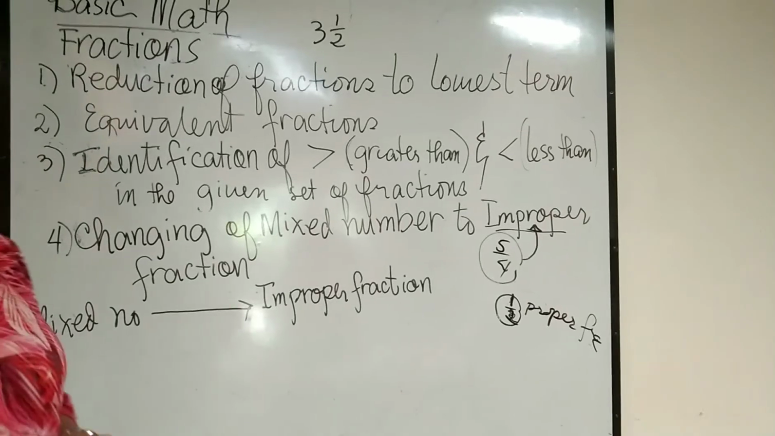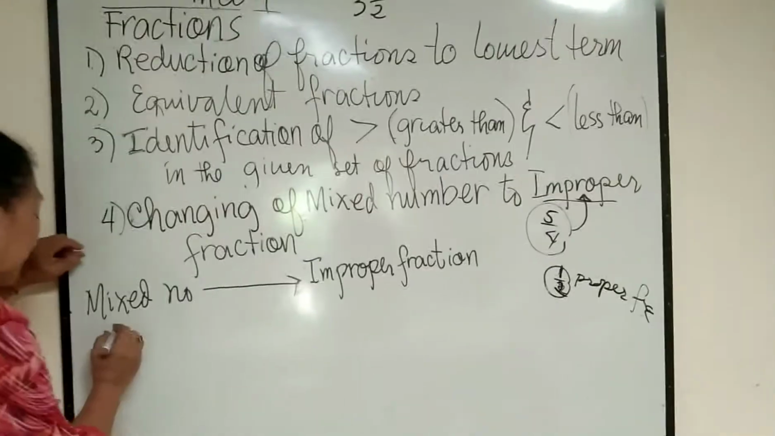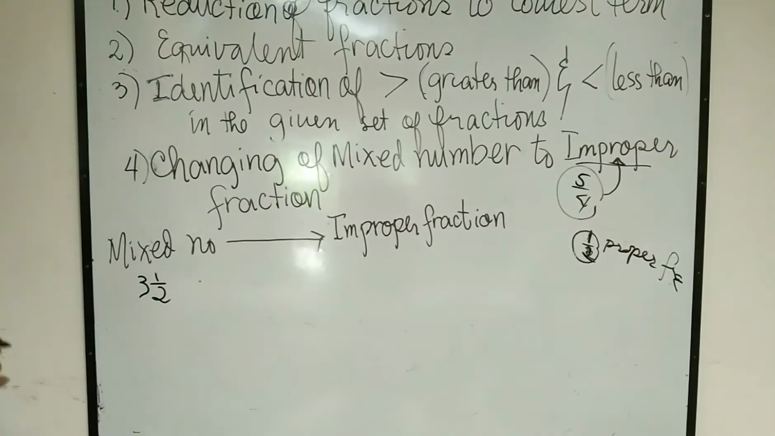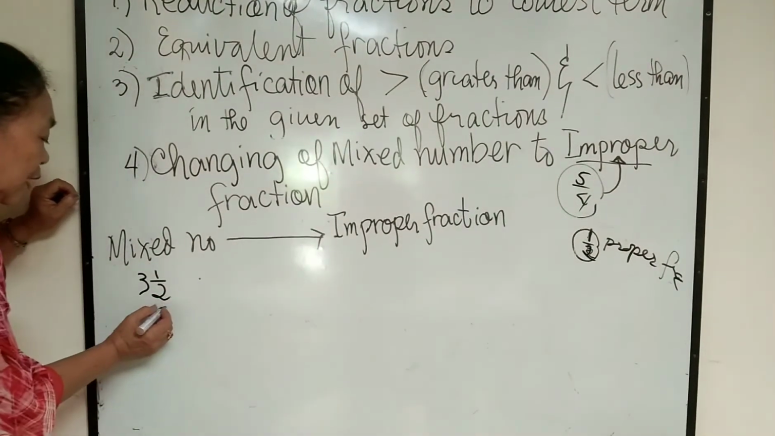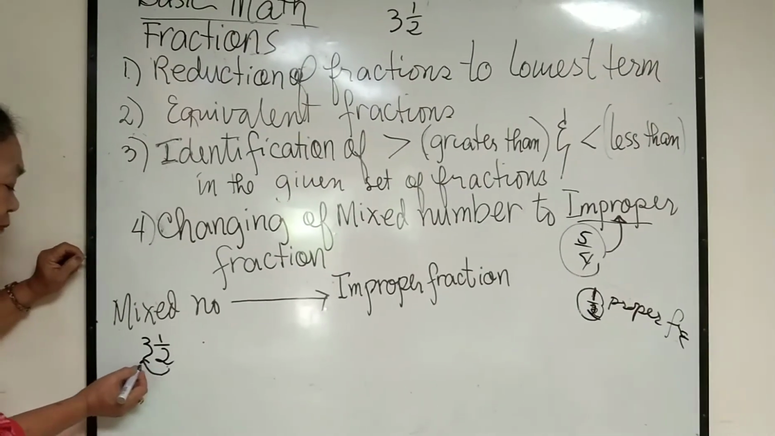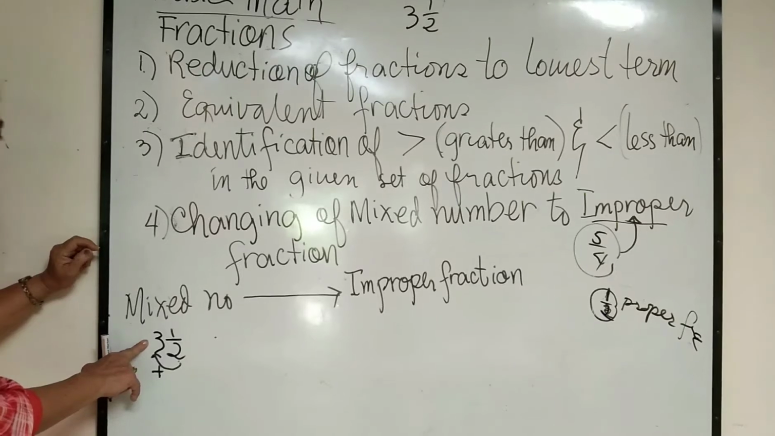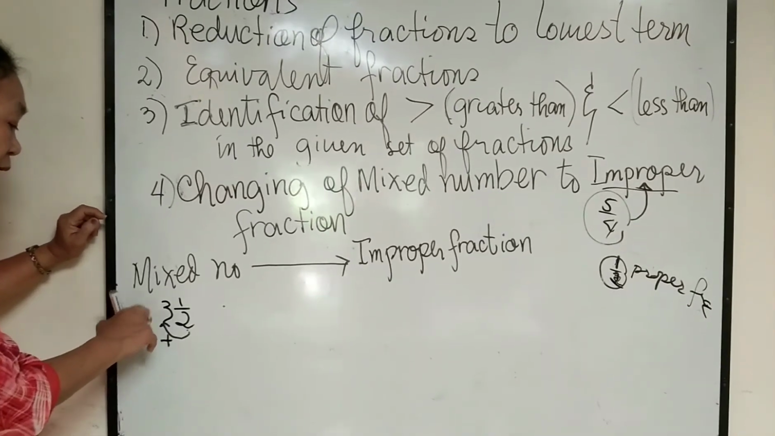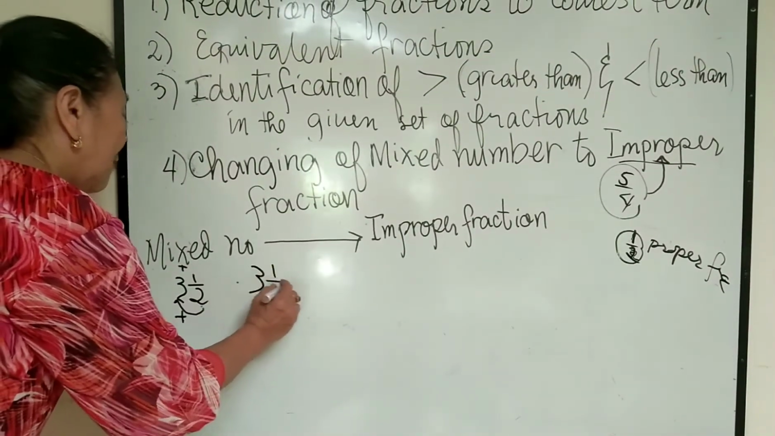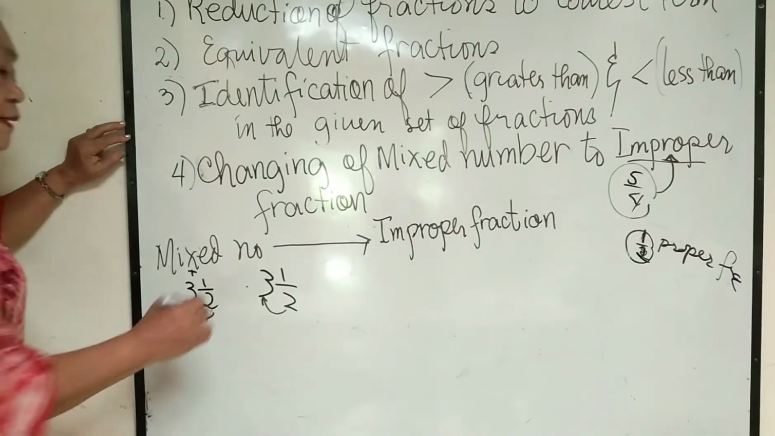Okay, example of mixed number to improper fraction. We have 3 and 1/2. What will you do? Now, first, I am going to give you some tips. Meaning to say 2 times 3, so you are going to multiply 2 times 3, 6. 6 plus 1. Again, we have 3 and 1/2. From here, 2 times 3 is 6. Then, pagdating dito,